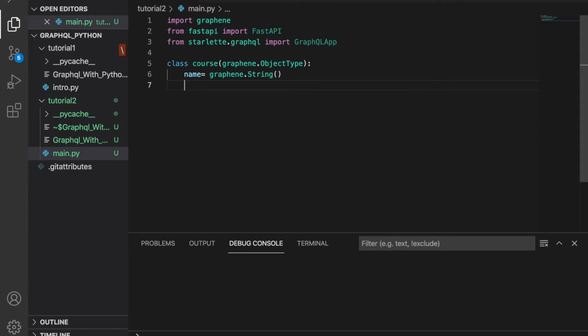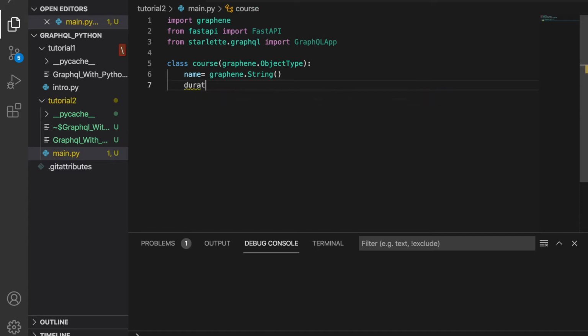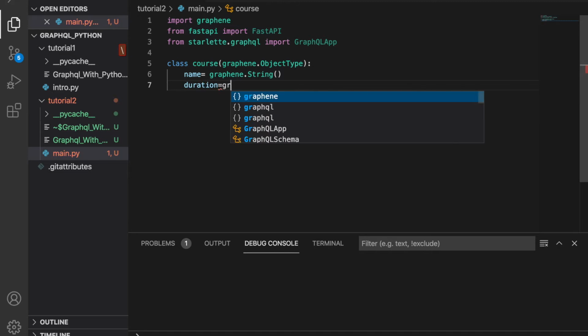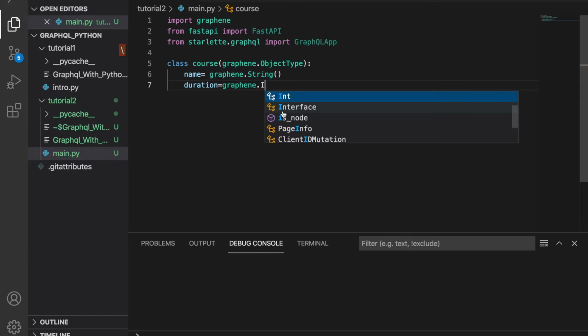So this is name, and what else do they have? I'm just thinking what they have. They can have the duration of the course, graphene.Int maybe, like this.